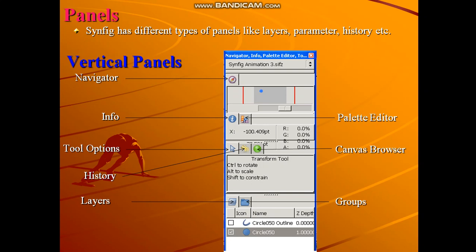In the same way, the layers panel and groups folder panel also share the same space. When you click on the layers panel, it will show you layers here. When you click on the groups panel, it will show you groups here. In the same way, when you click on tool options, it will show you tool options here. If you click on the history panel option, it will show you history options here.